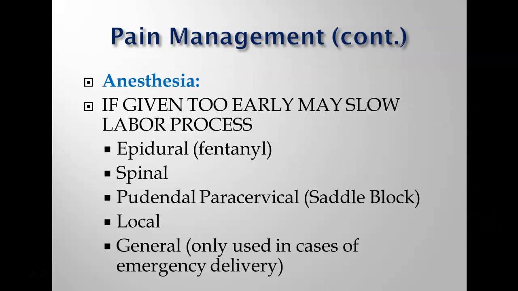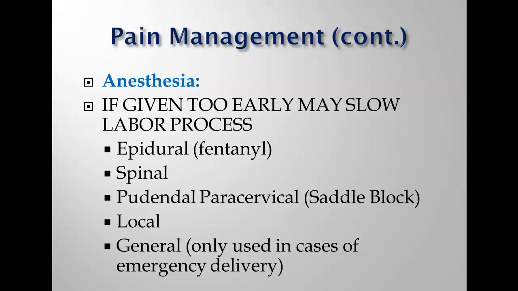We can give her anesthesia. So if it's given too early in the labor stages, it could slow down the progress. So if we're giving anesthesia, we typically give what's called an epidural. She can be given a spinal if she needs that, a C-section, or if her labor becomes to the point where she requires a surgical delivery. A spinal is a better form of anesthesia for this. She can get a pudendal paracervical, or what we call a saddle block, which numbs the lower nerves